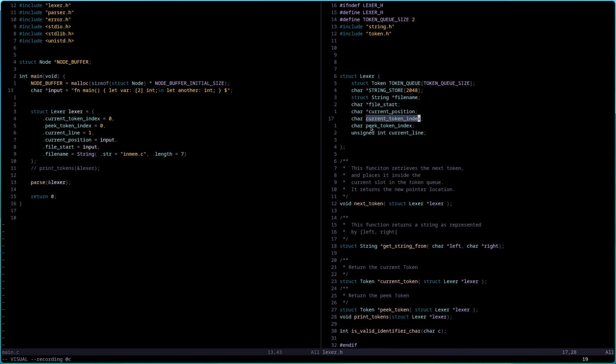And these are the indexes into this token queue, or it's not a queue, it's like a buffer, where you have the current and the peek token. And then you have some line stuff, so it will count how many new lines you encounter, so you can do pretty printing and show nice error messages.